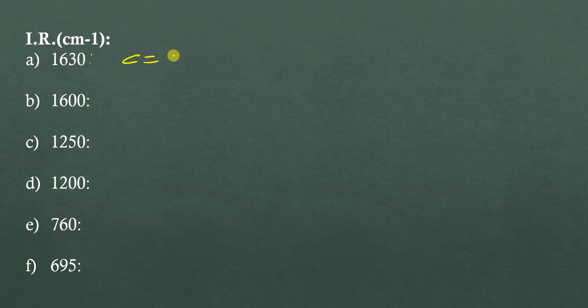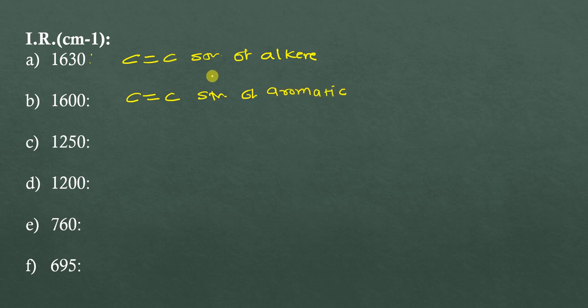1630. This is for C double bond C stretching of alkene. Then we have 1610. This is for C double bond C stretching of aromatic ring, right? So what you can remember is that C double bond C stretching of alkene will not come less than 1610. In very rare cases you will get this value less than 1610, right? So you should not get confused between C double bond C stretching of alkene and C double bond C stretching